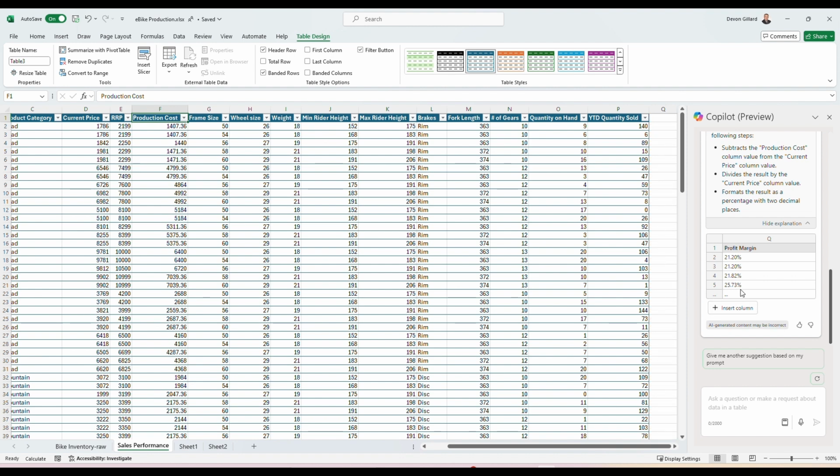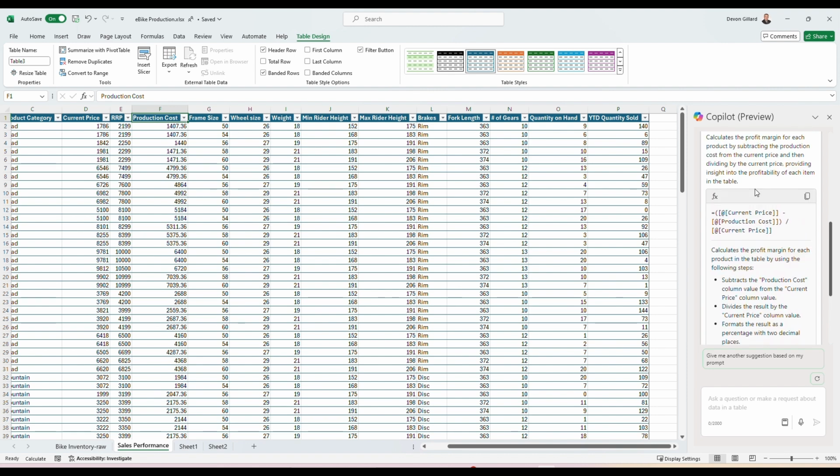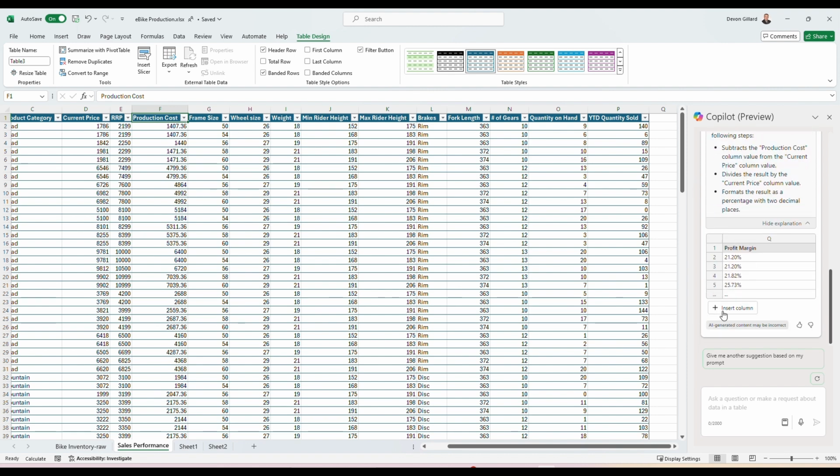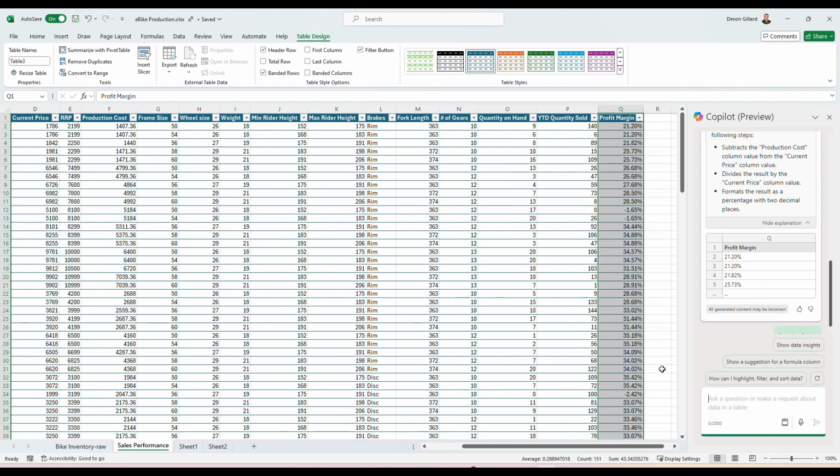And furthermore, there's the insert column button, but before you click on it, you get to see a preview of your data, which I think is just incredible, and is saying that, hey, AI generated content may be inaccurate. So it's up to you to make sure that what the formula is suggesting is in fact going to give you the margin that you're looking for. So, it's helping you, but you've got to, like any assistant, validate, validate, validate. I like this. I'm going to go ahead and say insert column, and boom, I have this